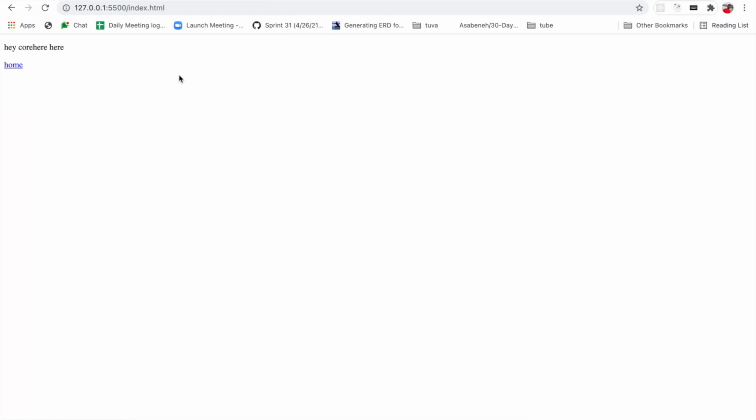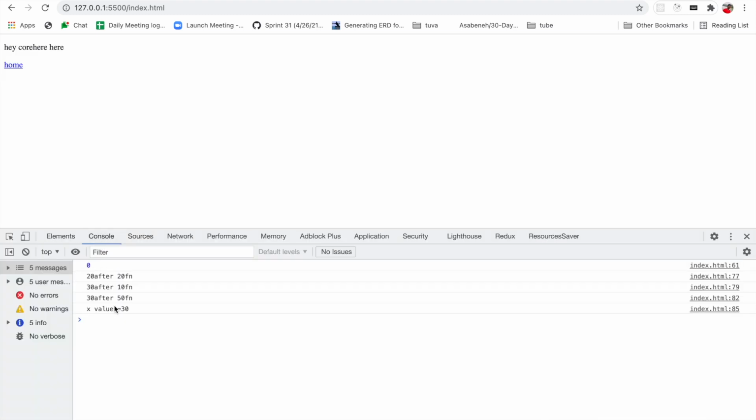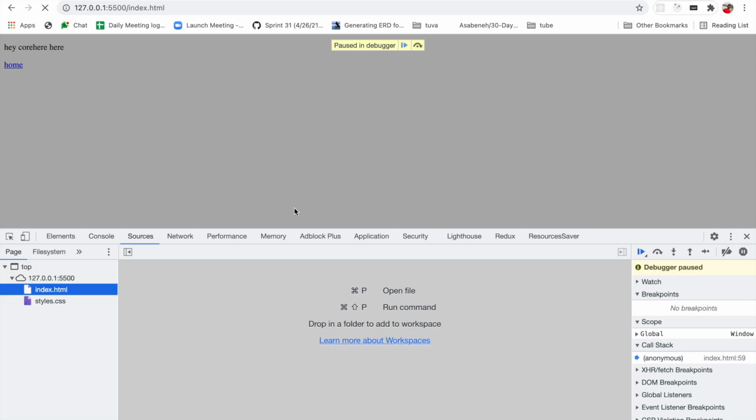You can see right now, this is the usual way. You have some text here, some console logs here. But once you reload it, in order for the debugger to work, we have to open the browser console. Just refresh it. See.